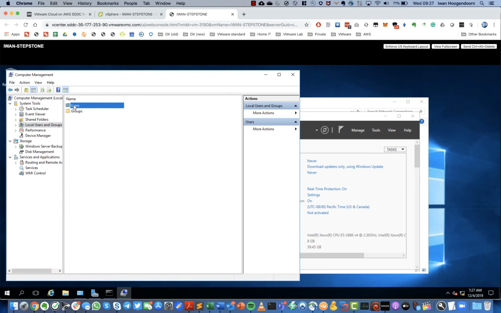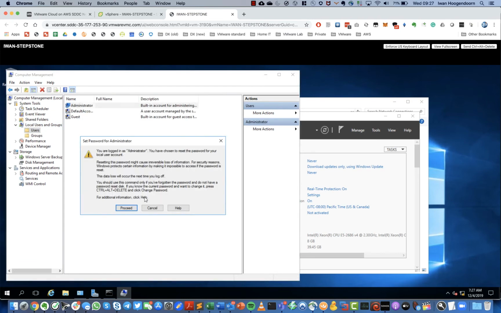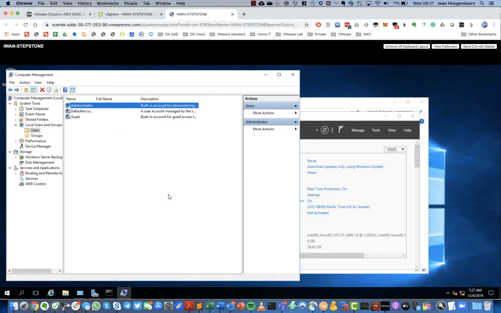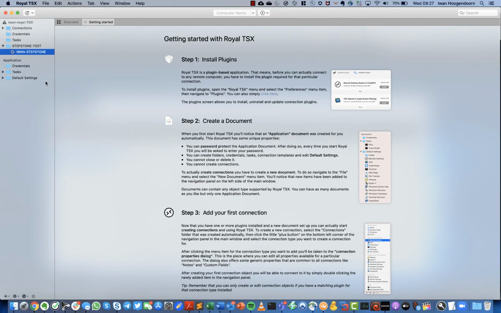Okay, users, there you go. I was looking for this. Set password, proceed. There you go. Password has been set, so I've changed the password from default to something else. And I guess, well, let's see. When we try to connect to it right now,